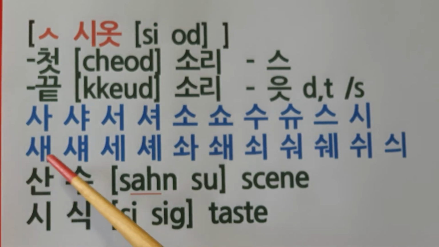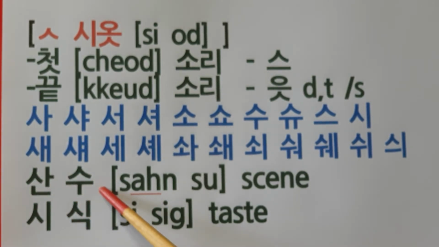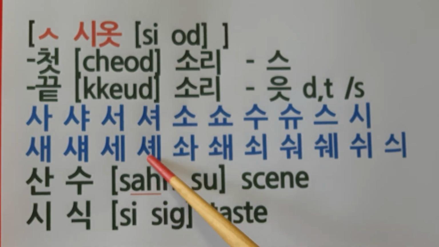산, 스, 아, 느, 산수. Here, 산수. Do you know why I put H here? This is a sound. I want to make sure this is a sound. Some words don't have H here. But when you see without H, when people read this one, sen. No, it's not sen. In Korean, 사, 안, 산. Okay, this is a sound. 산수.